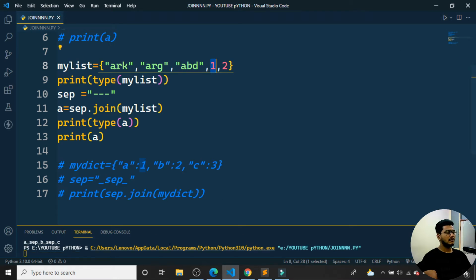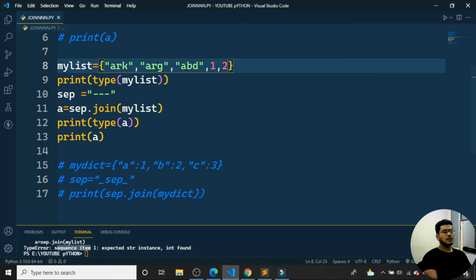When I run the program, I'm getting an error: sequence item 1: expected str instance. That means you cannot use different data types within a list, set, tuple or dictionary. It should be the same data type when you are using separators with the join function. That is one important thing to be noted.